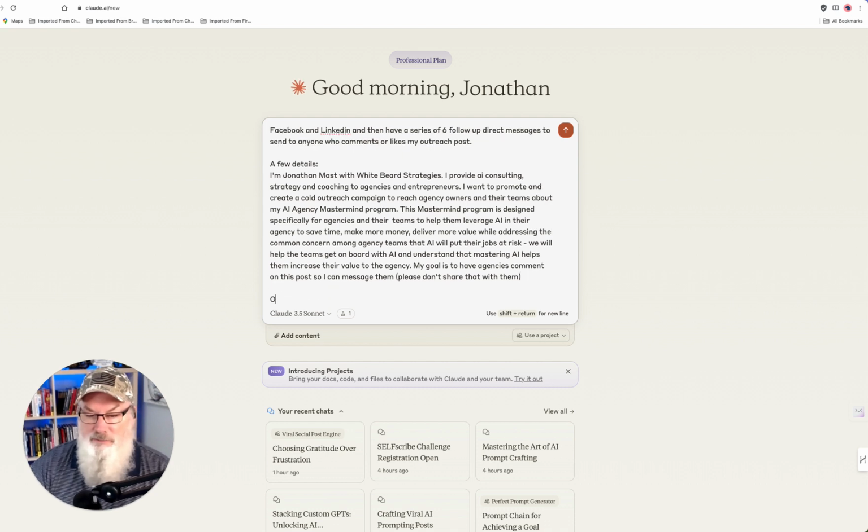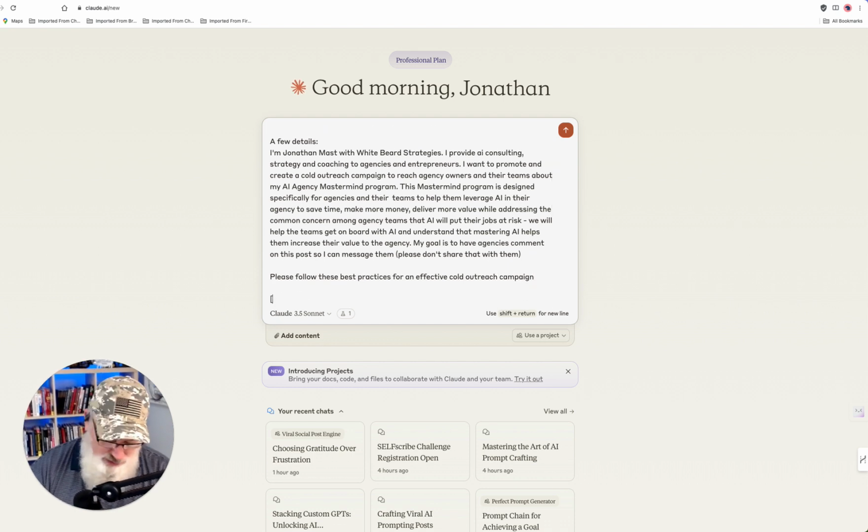All right, and then please follow these guidelines or these best practices for an effective cold outreach campaign. I know this is a really long prompt, guys, but trust me, we're going to get great